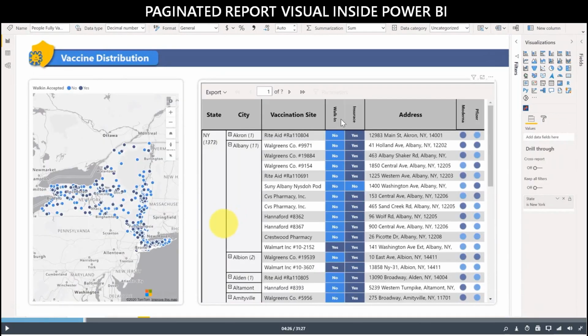And the next cool thing is the page generated report visual inside the Power BI file itself as a visual. This is amazing, right? The best thing is you can interact with the report here as well. If you select any of the data points on the other visuals, this will also get filtered here. And any of the slicers or filters you apply here will apply to this report as well. Not only that, you can export the report right here from the top left to PDF or something else.